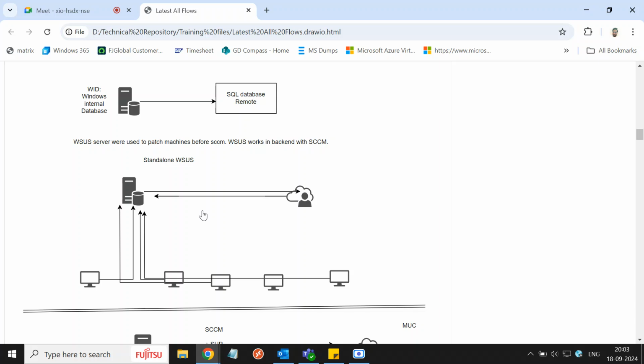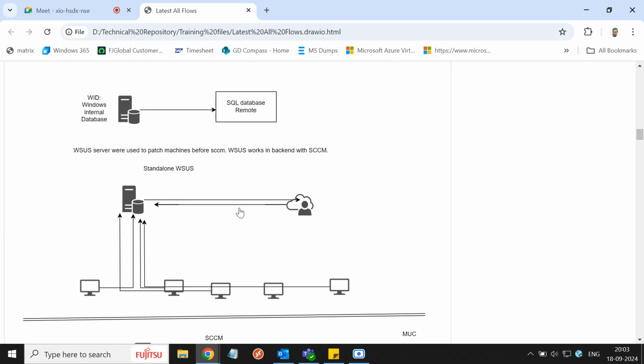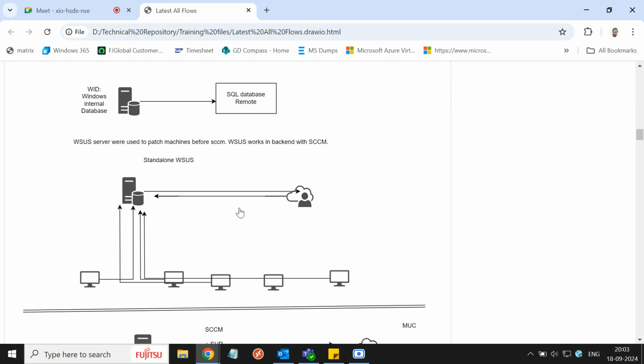On second Tuesday, when everyone in the shift switches on their machine and all the machines together check for the update, it can choke the bandwidth of the network, right? So this was the issue. So for that, what Microsoft did, they created this WSUS, Windows Server Update Services, which is a role